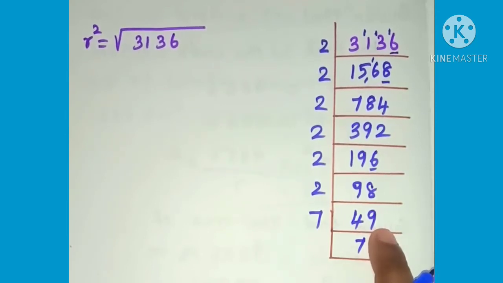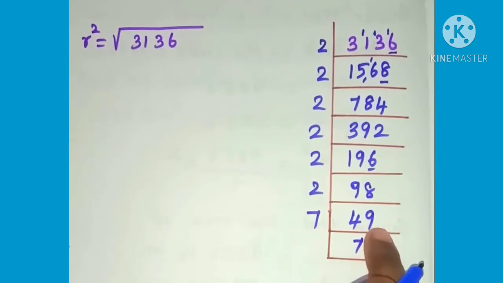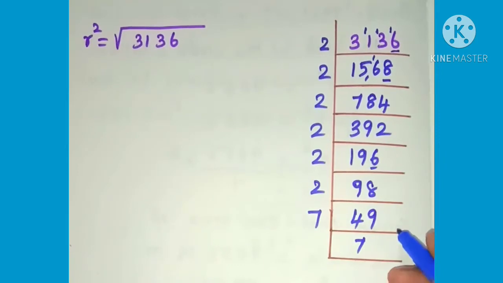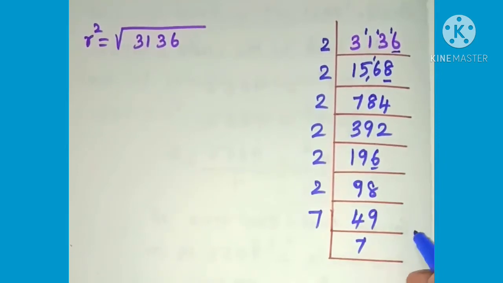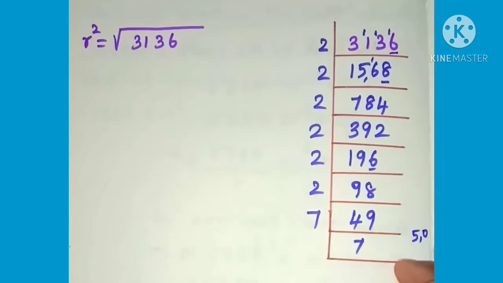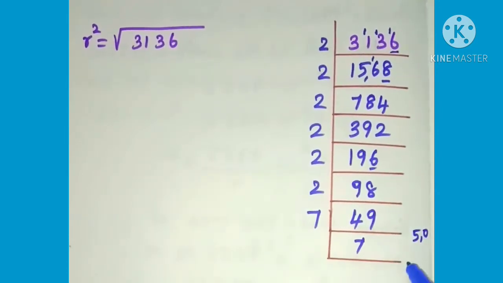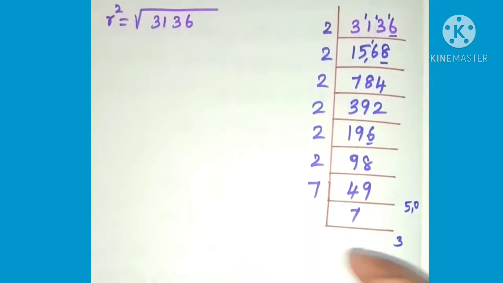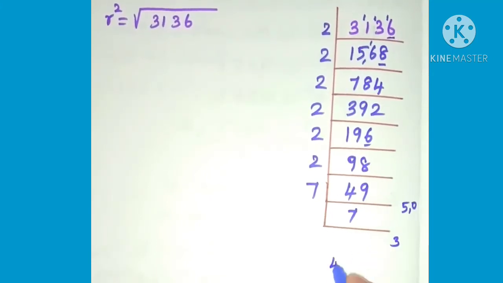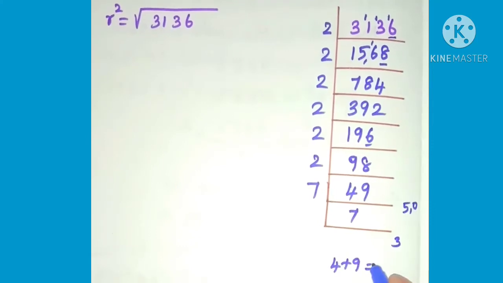So the other prime values are 3, 5 and 7. But we can't take 5 by the divisibility rule of 5. The last digit must end with 5 or 0, so then only we can take 5. So what about 3? The divisibility rule of 3 is that the sum of the digits must also be divisible by 3, isn't it?